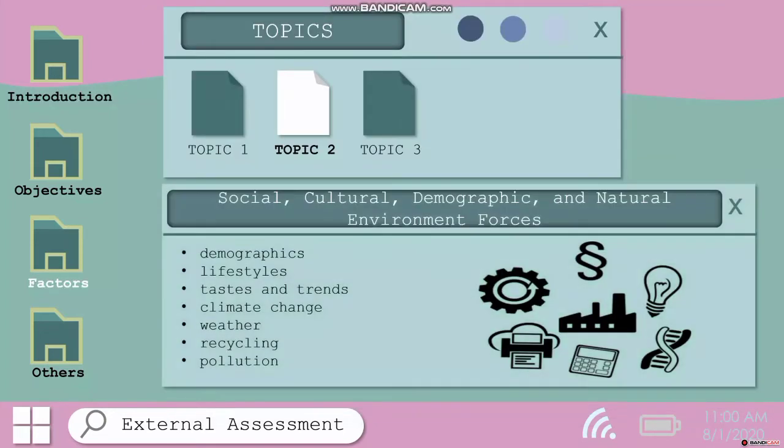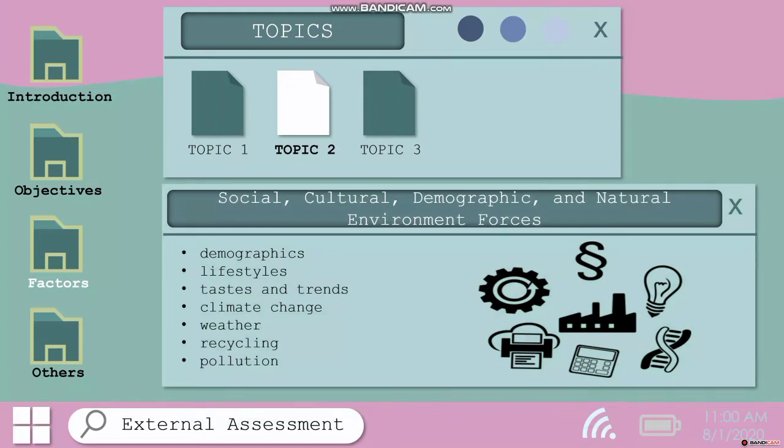So the next topic is social, cultural, demographic, and natural environment forces. So we have demographics, lifestyles, tastes and trends, climate change, weather, recycling, and pollution. Demographic change is most commonly used to reflect changes in population such as birth rate, life expectancy, and levels of immigration. For example, statistical evidence